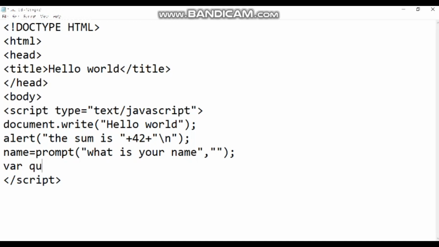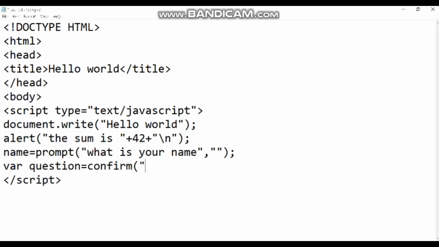If I have a variable called question, declared with var, and I want the value of the confirm button, I assign it in this manner. So the value of the confirm button is stored in the question variable.